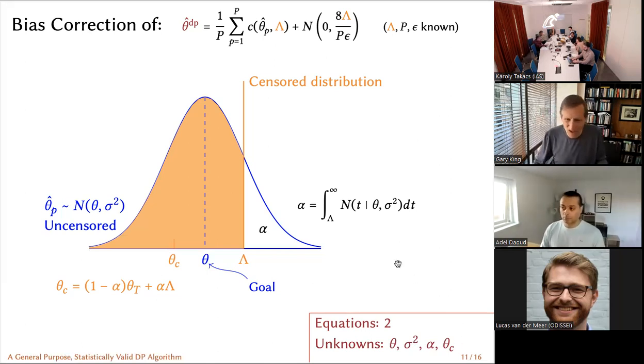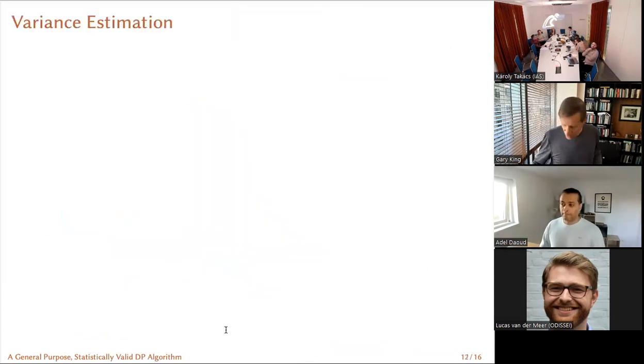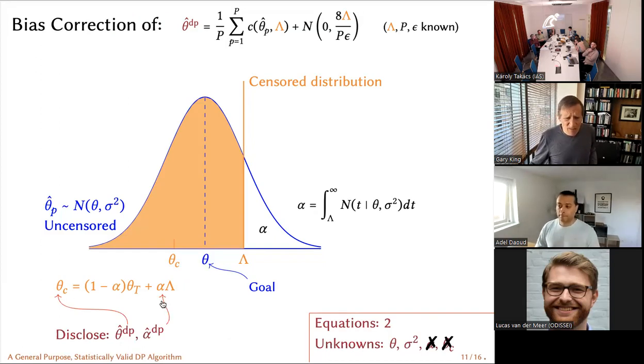So what are we gonna do? Well, first thing is we're going to disclose this. In other words, we're going to estimate it with this, right? Because this is our estimator. We can actually do this. We're allowed to do this under differential privacy. That gives us an estimate here. And so now we only have three unknowns. Then we can also disclose alpha. That gives us two unknowns. So now we have two equations, two unknowns, and so we just solve them and we get an estimate of